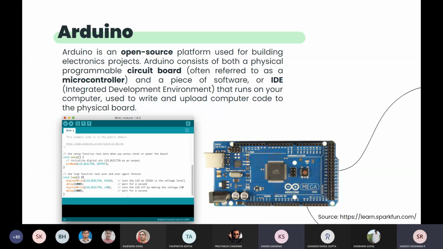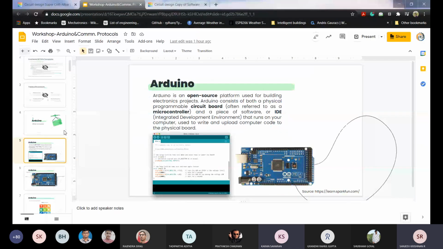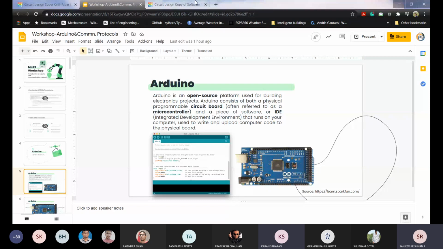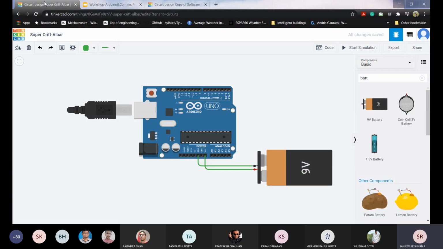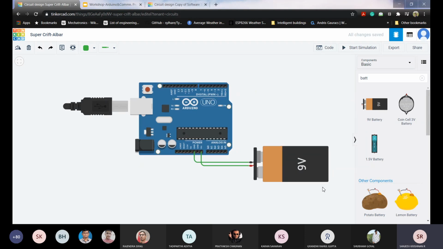Only thing is your board has to be connected with your laptop, and there are few other things also. Your board should be connected to the same serial port basically, because those communication parts I'll come to later, but as of now you can see like this. If you click the upload button, it will get uploaded in your board. And of course your Arduino has to be powered on, then only it can receive data from your laptop. Fine. Anything else?